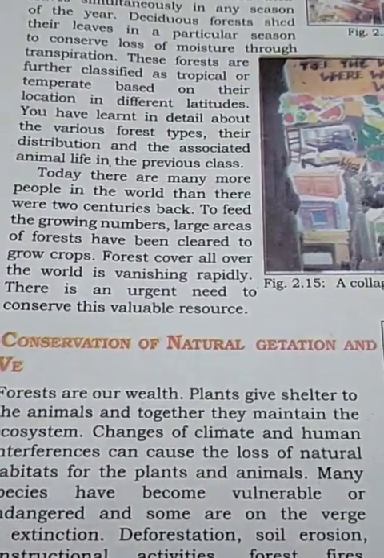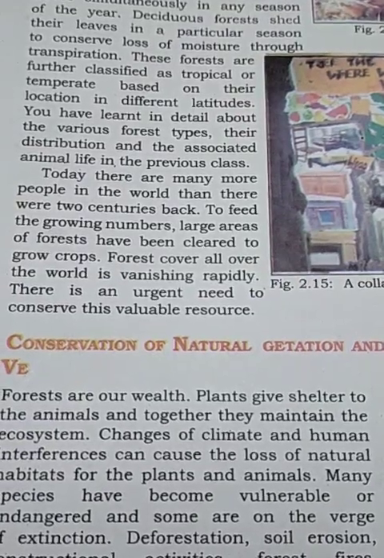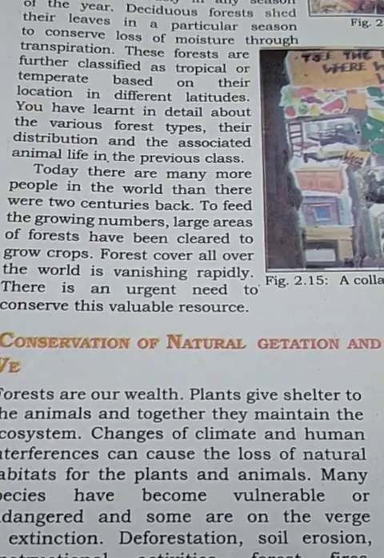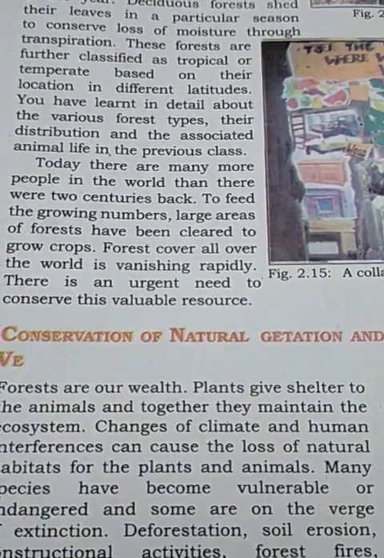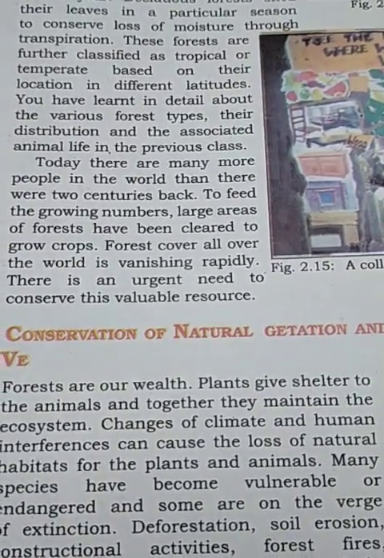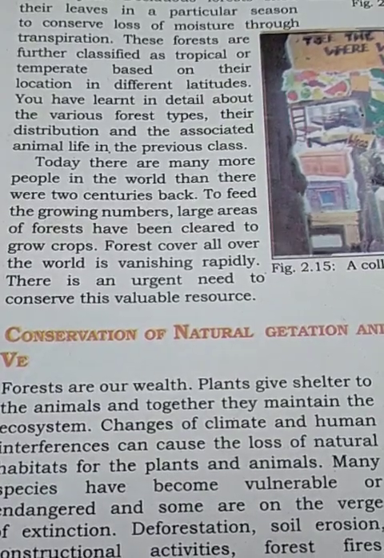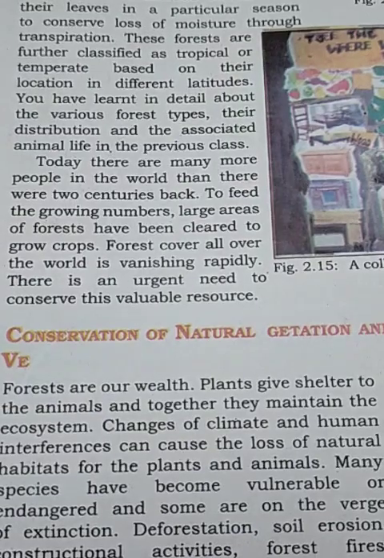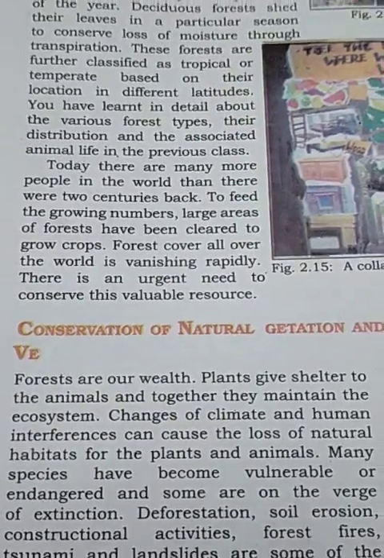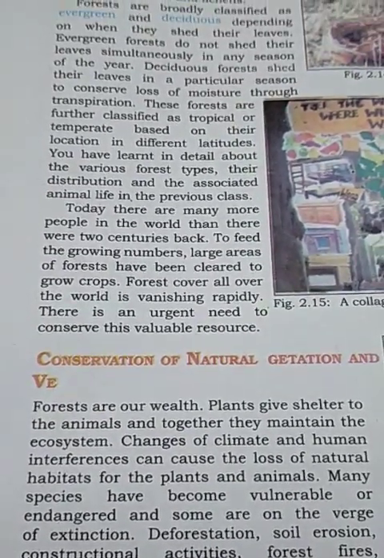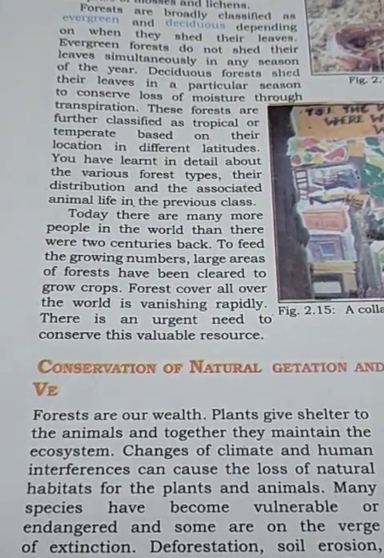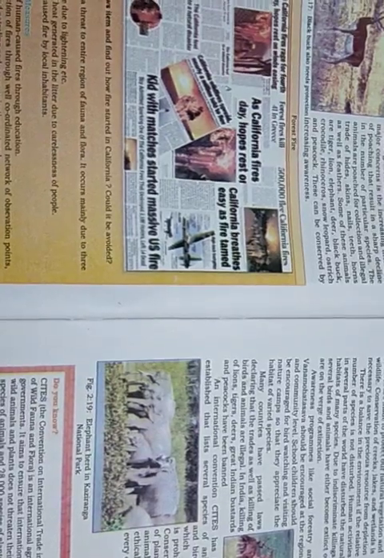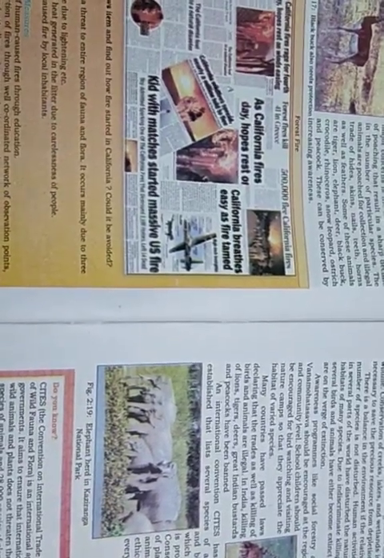So what are the different things causing this? Cutting down trees, allowing soil to erode, lots of construction, creating pollution, forest fires, etc. All these things are factors which are stopping the conservation of natural vegetation and wildlife, that is forest, grassland, etc. Another problem is, look at the wildlife, so many are killed, for elephants' trunks, skin of tigers,